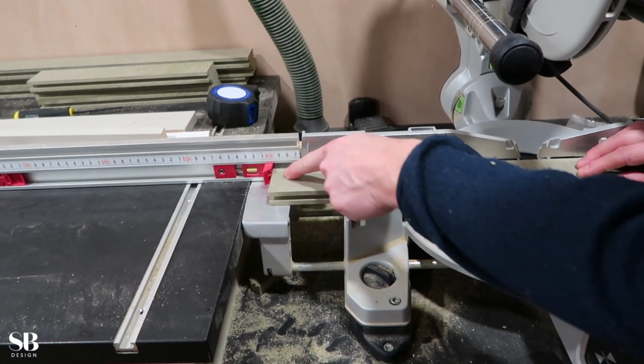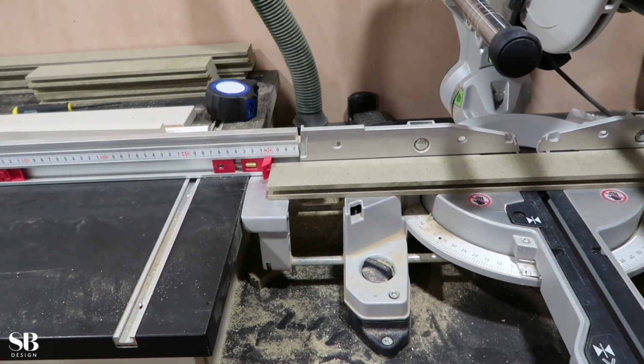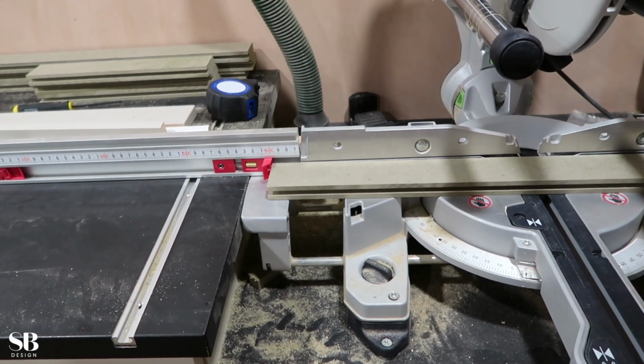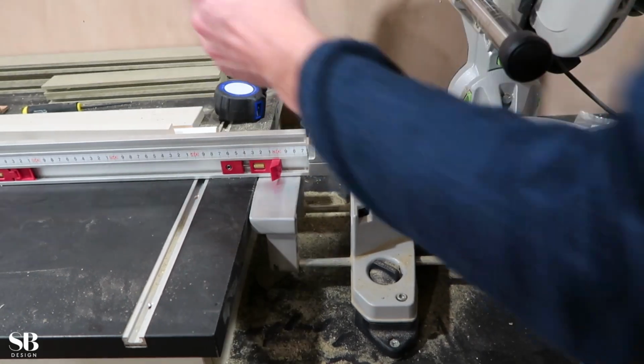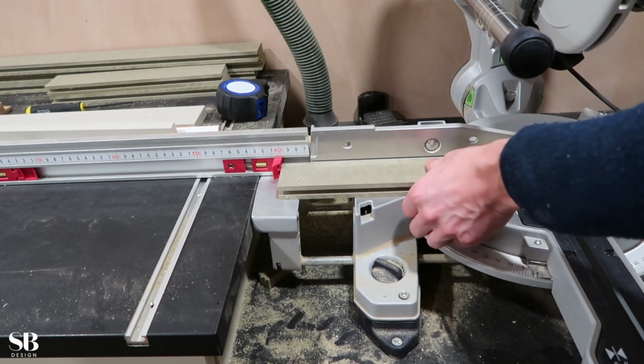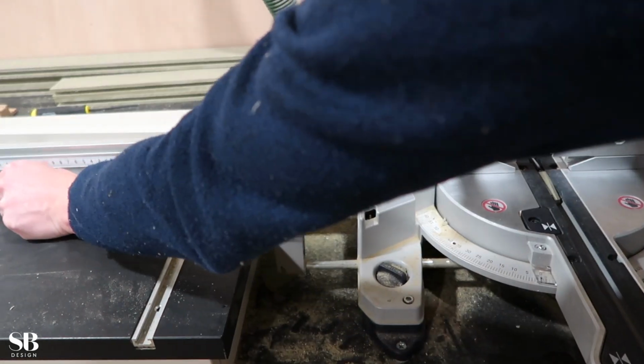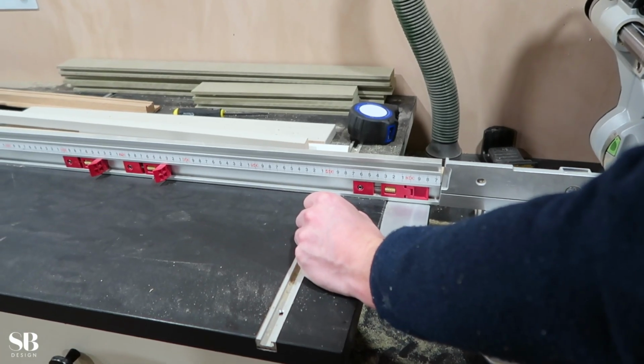So this is the short one. This is actually the 298 that I cut before. So this is set up to be repeatable. To keep on chopping, this is probably one of the offcuts I have. As you can see there, that goes exactly to that size. So that's for repeatable cuts, and then I've got one already set up for the longer rail on the cabinets